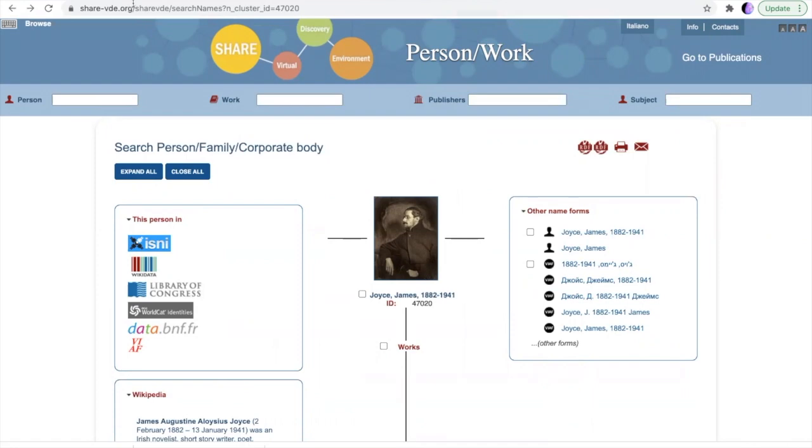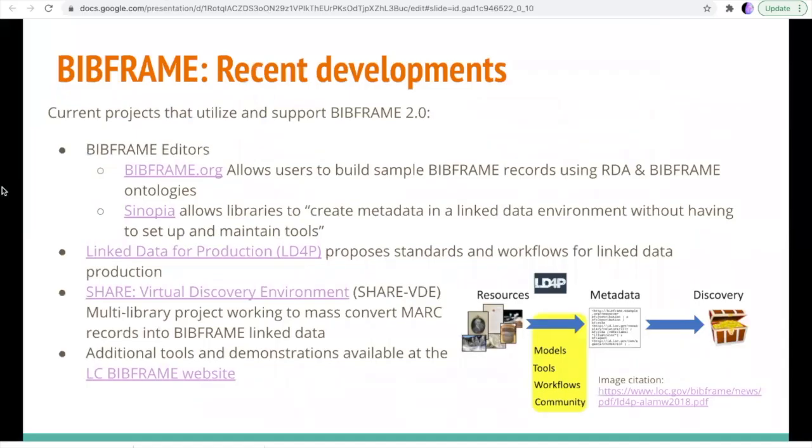So, believe it or not, we have actually just scratched the surface of the developments happening with the BibFrame model. There are many individuals and groups working to make it a viable linked data cataloging system. To see more, you can explore any of the sites linked to on this slide, or go to the Library of Congress BibFrame websites and go through the latest tools and downloads listed there, including a MARC to BibFrame conversion